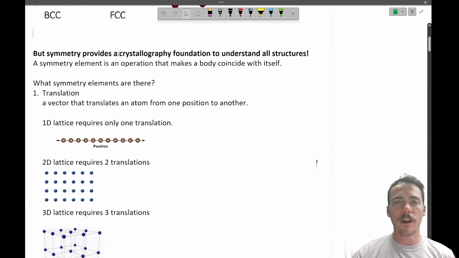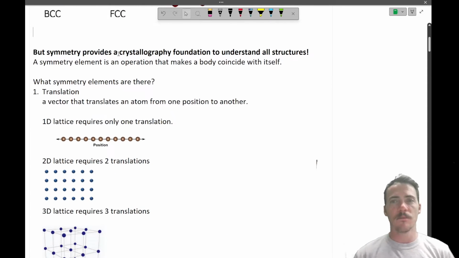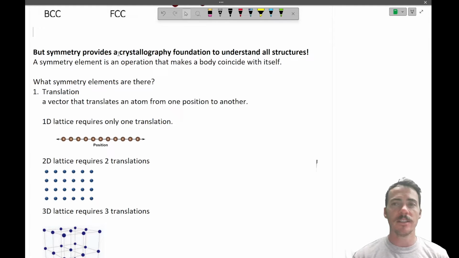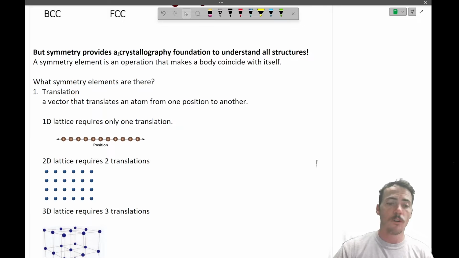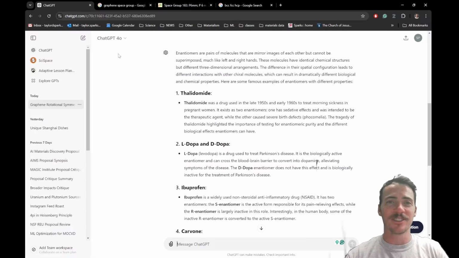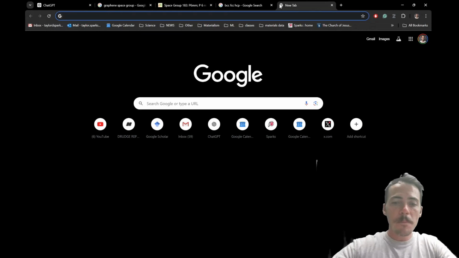So why bother with crystallography and lattices? Underlying all of the different crystal structures is this idea of symmetry. Symmetry exists in nature, and it's a way of describing structures in a much simpler way. So for example, there exist lots of crystal structures. Let's take a look at one, right? Let's look at